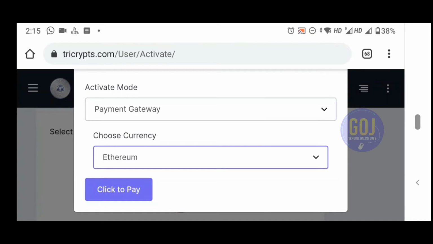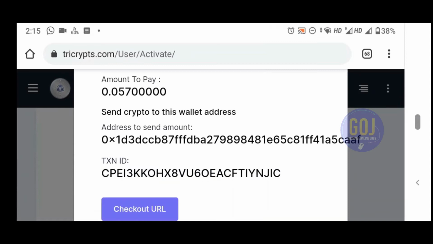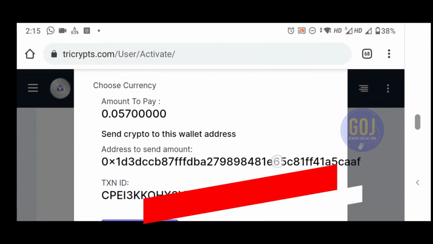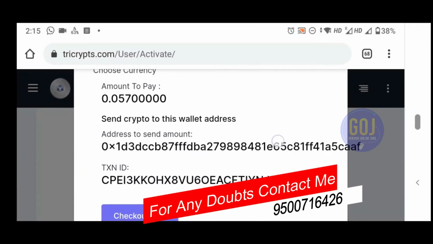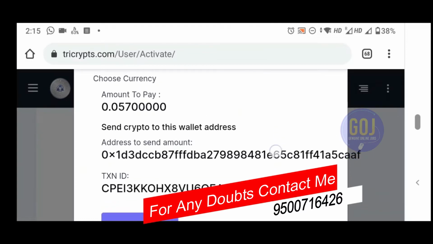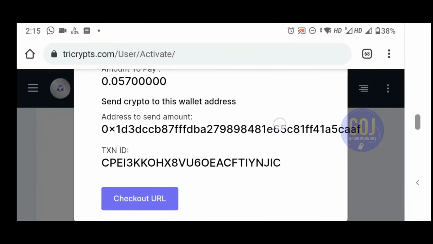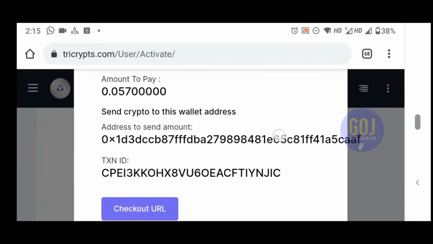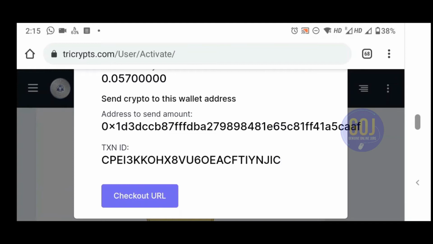That's very important. Once we click on click to pay, we will get this pop-up. In this pop-up, it shows how much Ethereum, Bitcoin or Tron, whatever cryptocurrency we selected, we need to pay. See here, you need to pay 0.057. It will vary according to the cryptocurrency rate, and which address we have to send to.